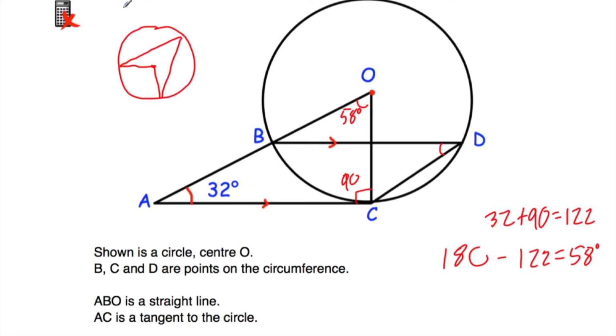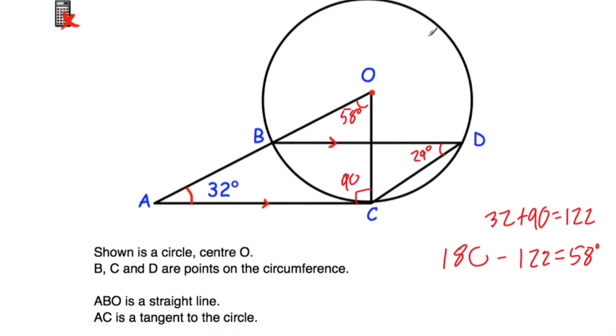And there are some great websites you can go to online, with an interactive version of this, where you can move this point around and see that this angle will stay the same. So that means that here we've got this angle is 58 degrees. This angle would be half of it, which is 29 degrees. So angle BDC is 29 degrees, and the reason is the angle at the circumference is half of the angle